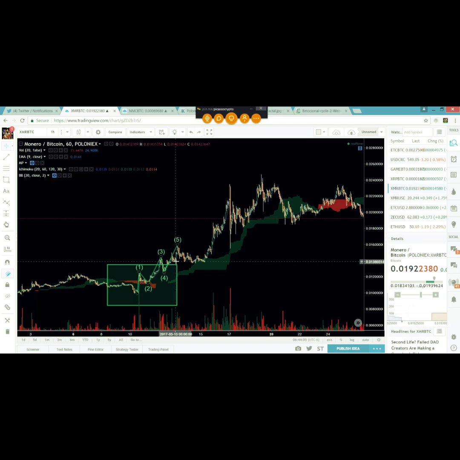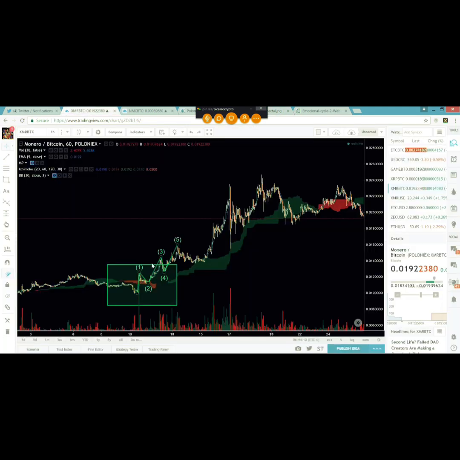And like I was saying, even in this little part right here, there was a 5 wave up that you could see on a 5 minute or a minute chart, which is really interesting because these are waves within waves. Right now we're looking at the hourly chart and we can see these 1, 2, 3, 4, 5, this dotted blue line. Well, that would be our sub-minute wave that we just looked at in Monero right here. That's the same thing, but even deeper.